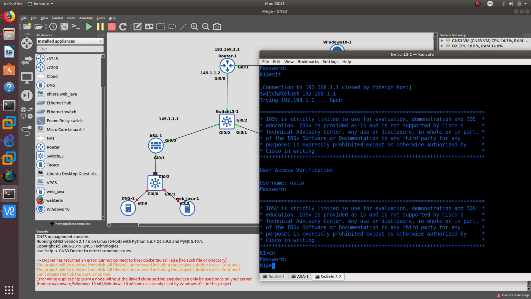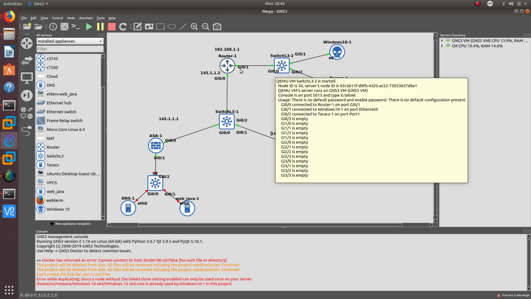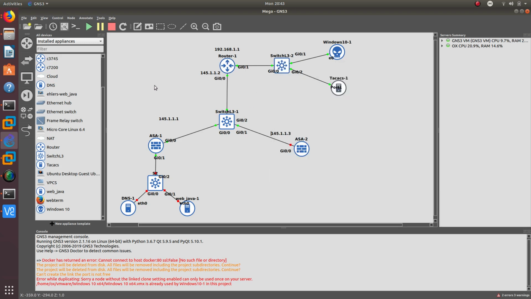So whenever that TACACS server goes down, we are able to use the local account, which is the username Oscar and password Cisco 123. Okay, so one other thing that we could do from here